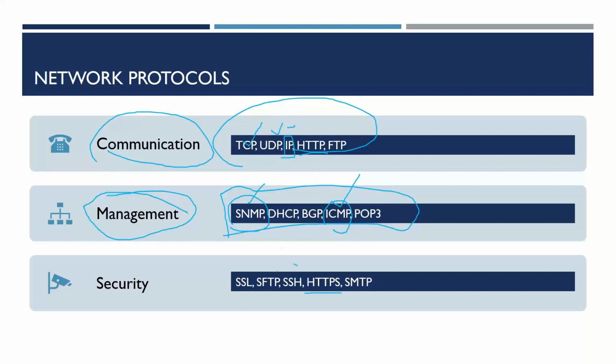Similarly here, SSH is very common to access the systems in the network, and then for file transfer and email transfers, these are all very common protocols. For web applications, we are using SSL or TLS. So these are all very common for each of the different categories of security. So let's understand one by one.